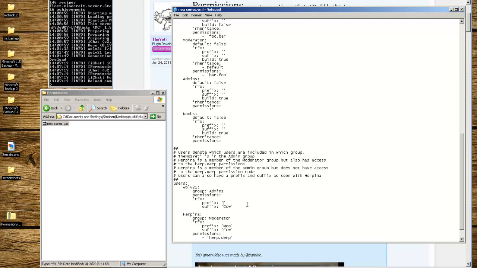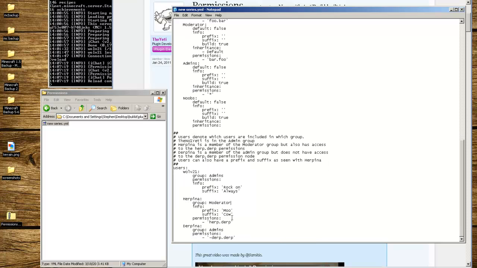Prefix, we're going to go rock on. Suffix, always. All right. And we're just going to keep these names in here because they're not on the whitelist anyway. So we're going to file, save this,